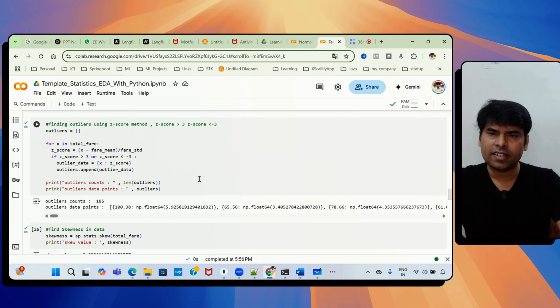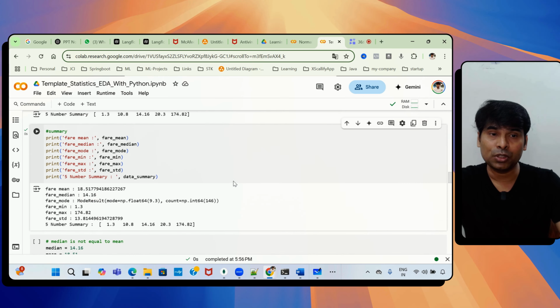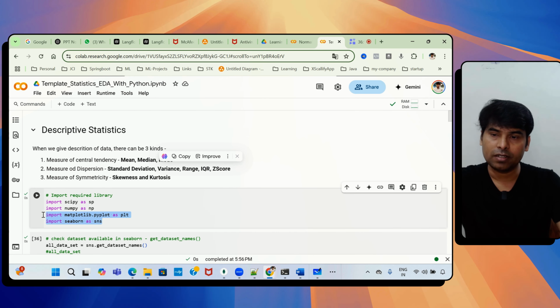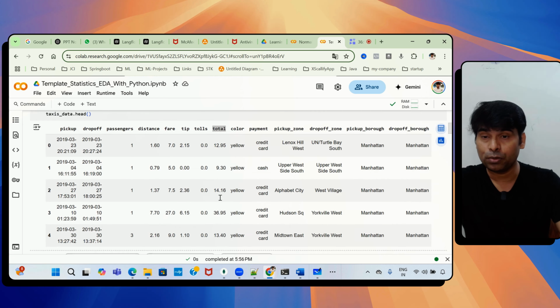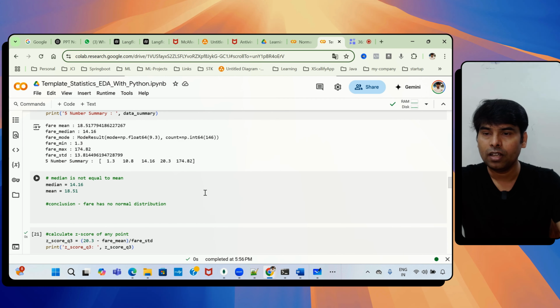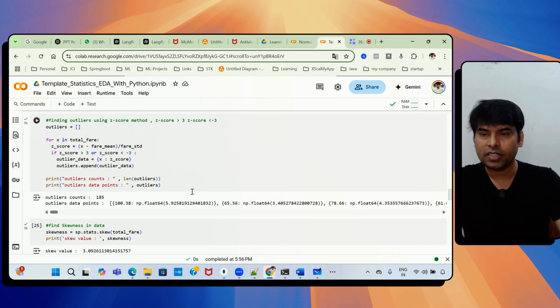Okay, now I really want to visualize it. So for the visualization purpose, you can use PyPlot or Seaborn. These are the visualization libraries in Python you can use, which I'm using right now. So here, once I found that it has an outlier,